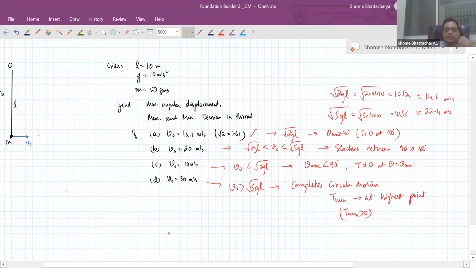So at least I know what to expect in each case. Now for calculating the values, I'll have to again make use of the free body diagram and the work-energy relation, conservation of energy. These two things have to be applied for each of the cases. So just start working on each of them. The first part is solved. You can see that apart from calculating the maximum tension, in the first part you solve the numerical values of minimum tension being 0 and maximum angular displacement being 90 degrees.